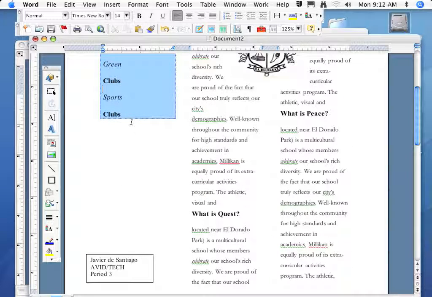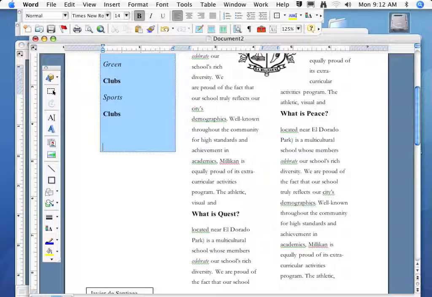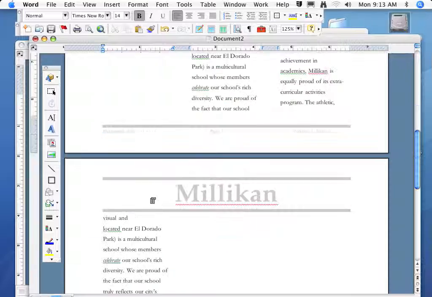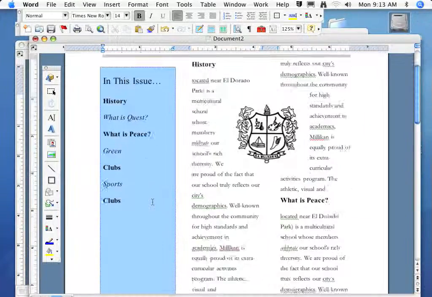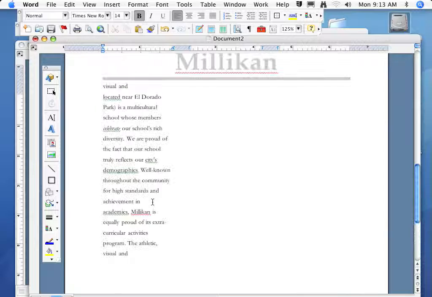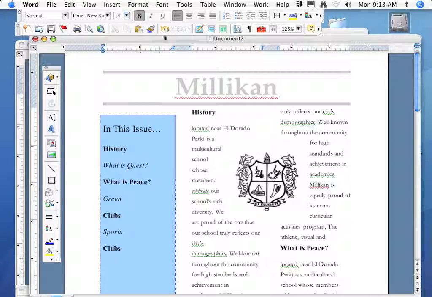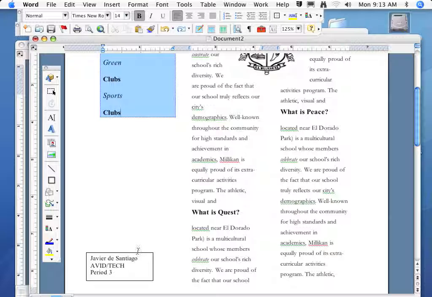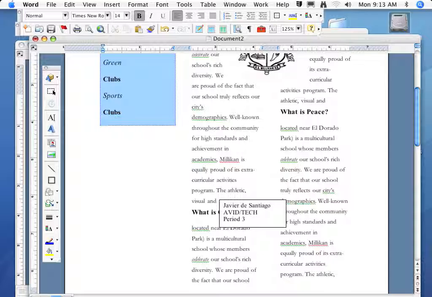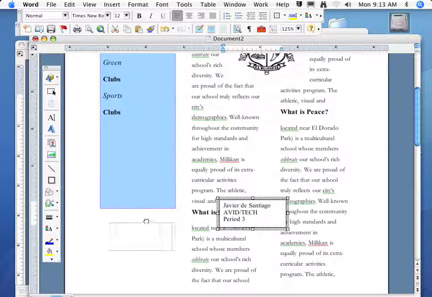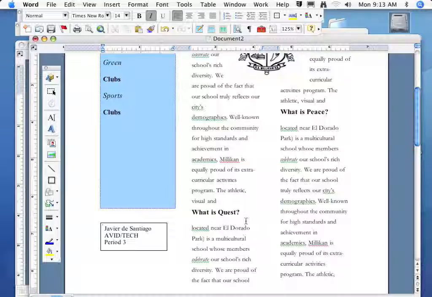Notice that you have a lot of space here. I don't know how much space you'll have, but if you want to increase that, you can just hit enter. I'm hitting enter on my keyboard to increase the size of the column, just to give it a better balance. My text box went somewhere. I'm going to go ahead and undo until I see what my text box is. There it is. Move it over here for a little bit so it doesn't go away. Now I can go ahead and move my column and move my text box back over here. And there